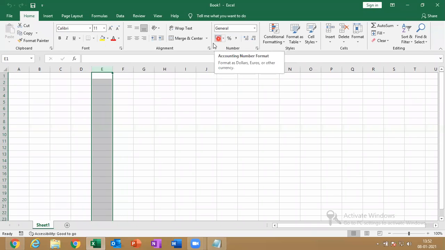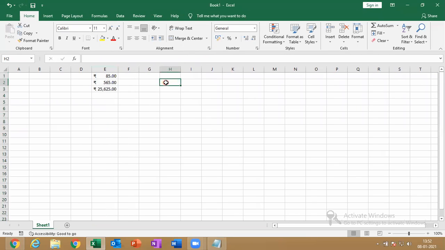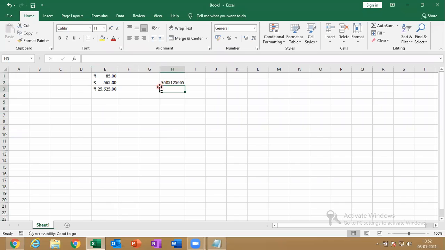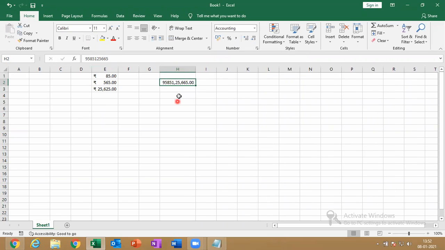See, whatever numbers I type, if I convert, they come into rupees. And any length number I type, if I select that and apply comma separators, see, you're getting this? Is everyone getting that particular option? Is that clear? You are eligible to change that. Sorry, it means you are able to change that. You're getting that one.